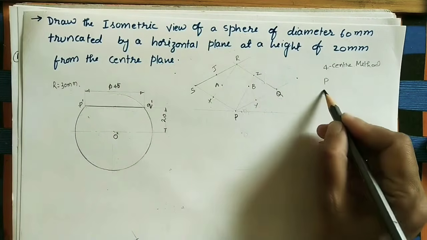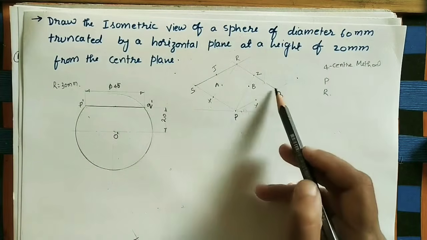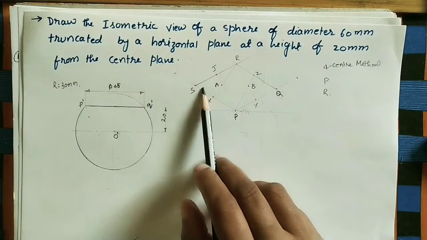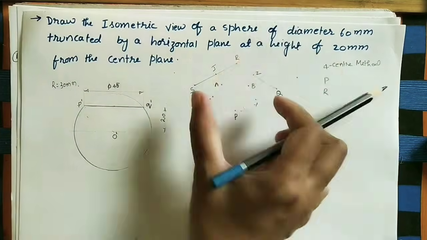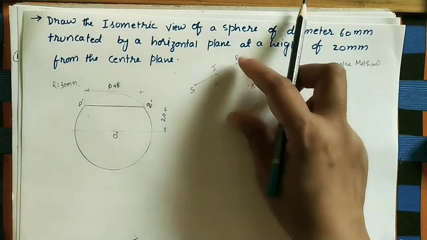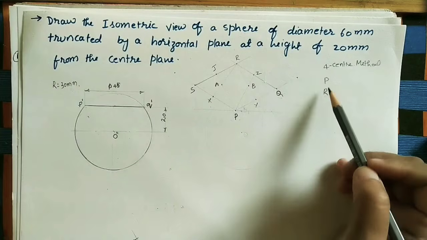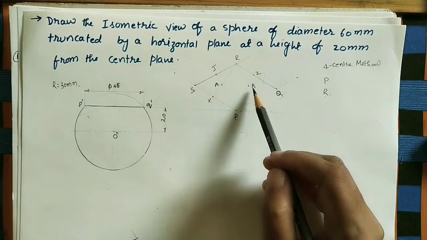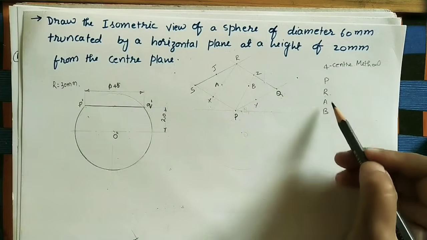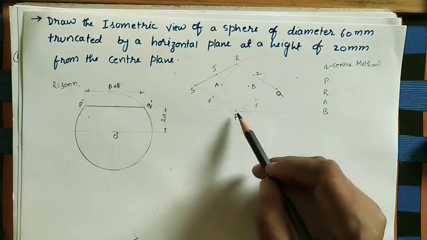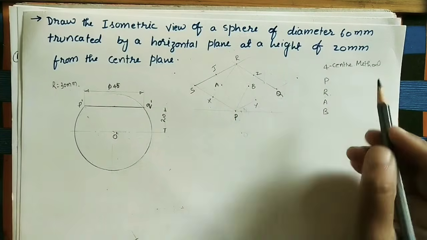R point. How we are taking PR: in this rhombus, SQ is the longest diagonal, PR is the smallest diagonal. If you see this length, it is less compared to this length. Always take the two corners of the smaller diagonal, that is P and R. These two are 2 centers. And after that, these points are also centers. So here we got 1, 2, 3, 4. 4 centers we got. P as center initially, take PJ or PZ as the radius.